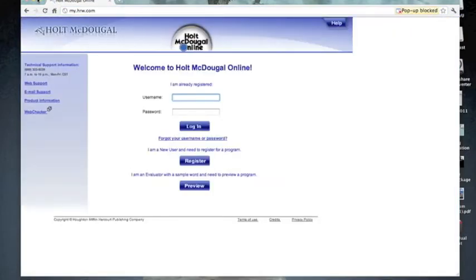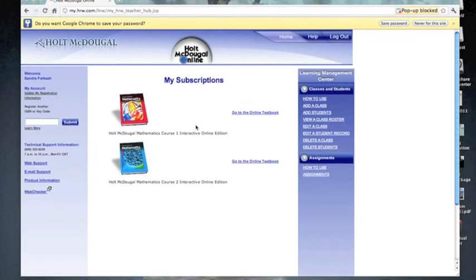my.hrw.com. And this brings you to the Holt McDougall online website. And here you see your username and password. And so you put in your username that Mrs. Farkash has given you, and you put in the password that she has given you as well. For the purposes, I'm using Mrs. Farkash's. And you log in, and here you can see you have the two different textbooks depending on which level